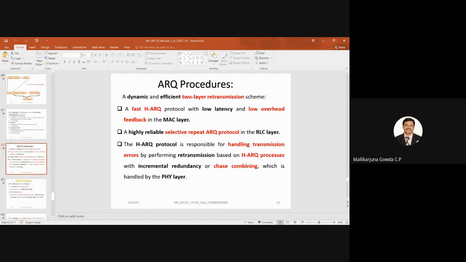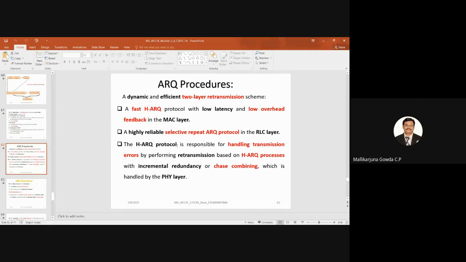Okay. Then the ARQ procedures, okay, automatic repeat request procedures. It is a dynamic and efficient two-layer retransmission scheme. A fast hybrid ARQ protocol with low latency and low overhead feedback in the MAC layer is used here, and a highly reliable selective repeat ARQ protocol in the RLC layer is used.